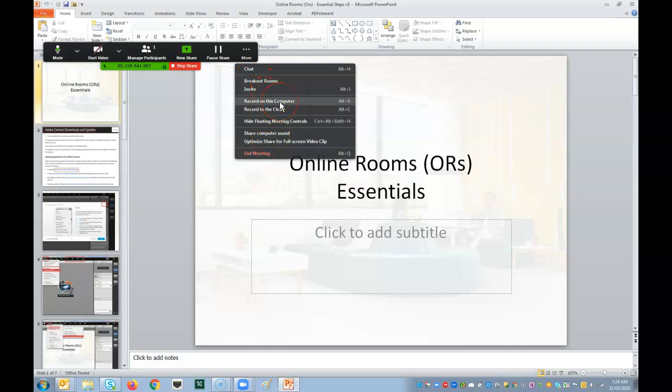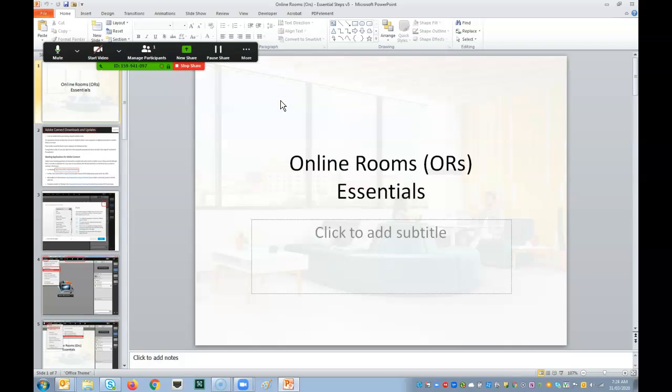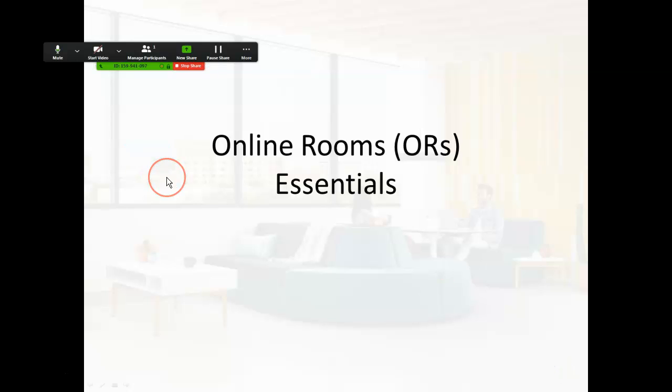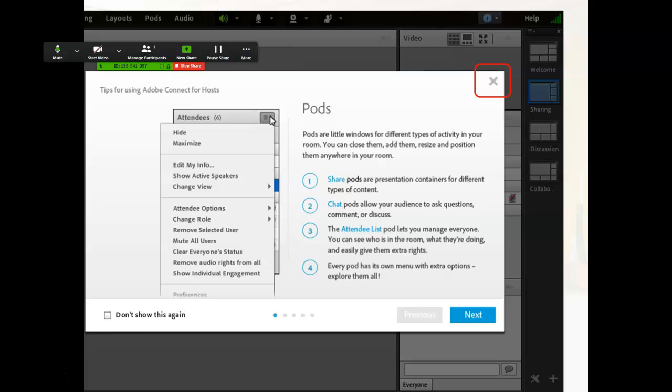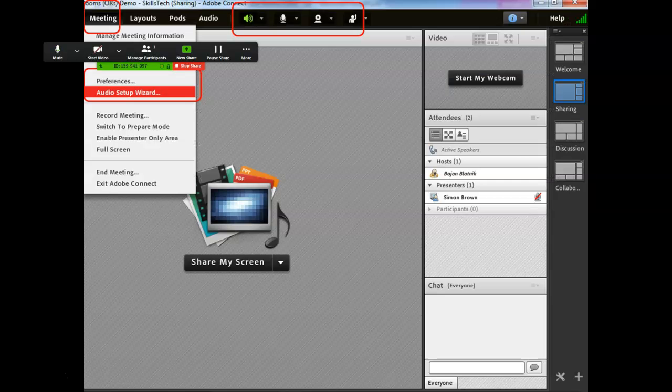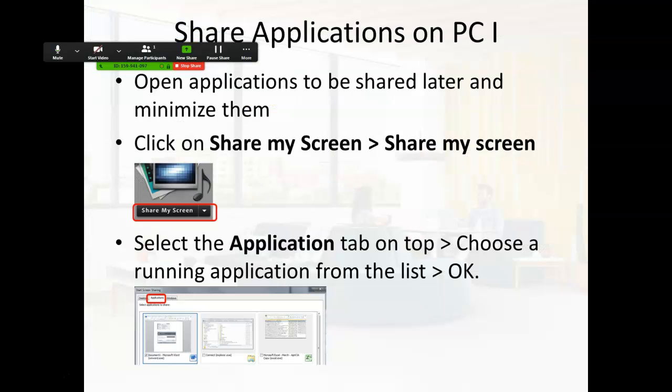Now I'll give you a demo of how to record this computer. So now the recording is in progress, and let's see what that looks like. So you would just open your presentation and then go through the slides. So these are my slides about how to connect to online rooms web conferencing platform and so on. When it's finished, you can stop sharing and